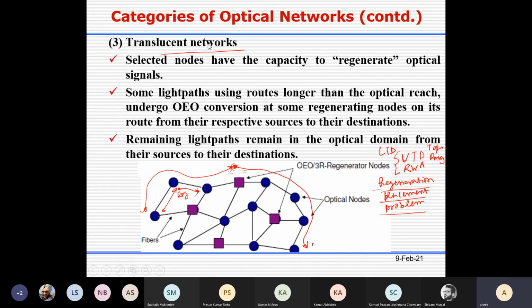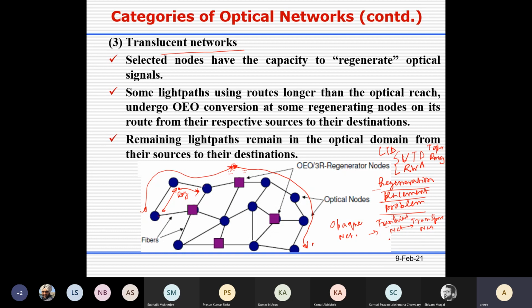Translucent network means that it is in between, so basically there are three cases. These are two extreme cases: opaque network, then transparent network, and in the intermediate portion you have translucent network.